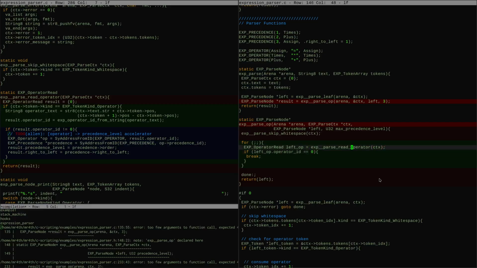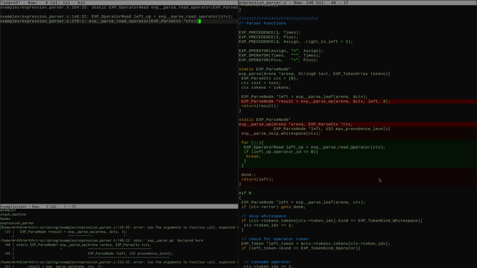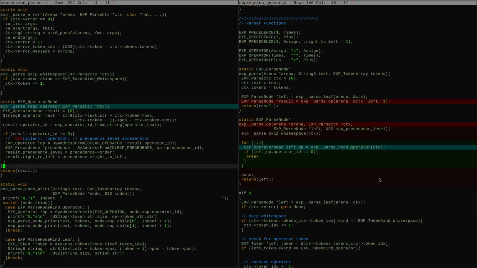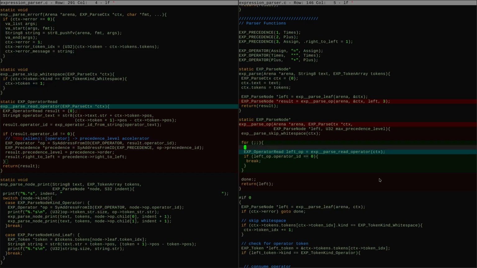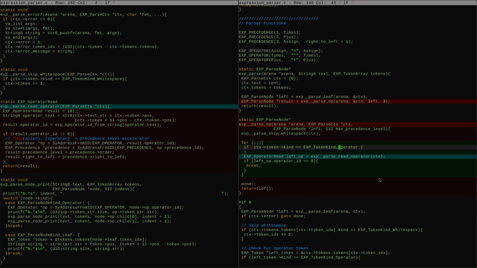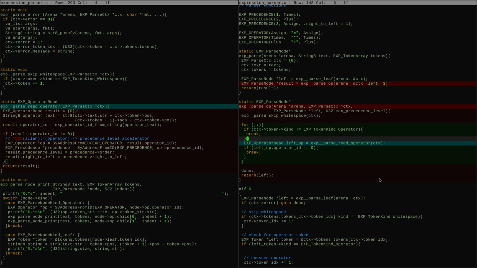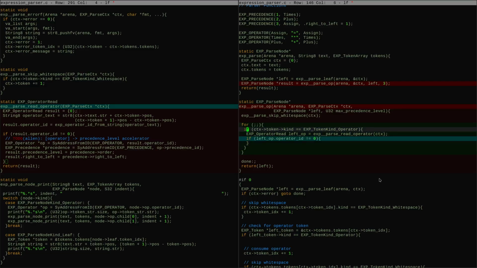I guess the way I was doing this that made sense was I was saying read operator is getting wrapped in this. So we do not have an operator token. We're done. Let's reverse this. If we have an operator token, read it. And if that is not a 0, then we've got